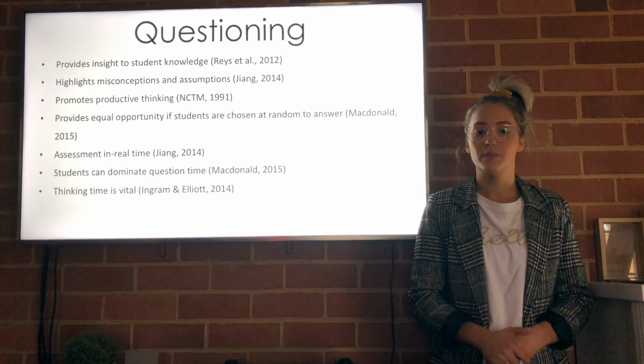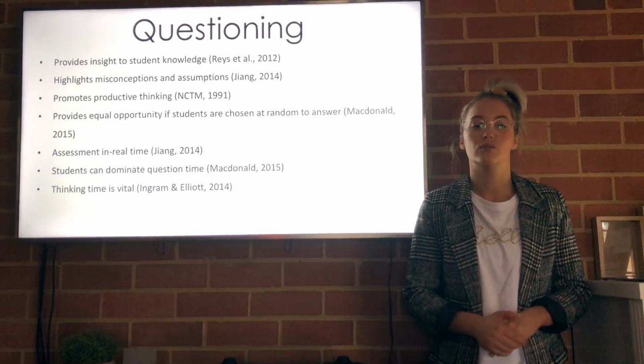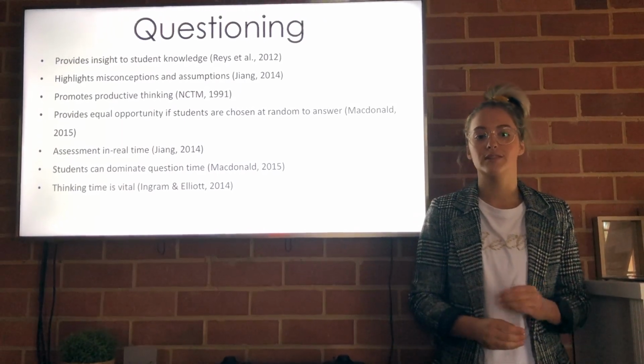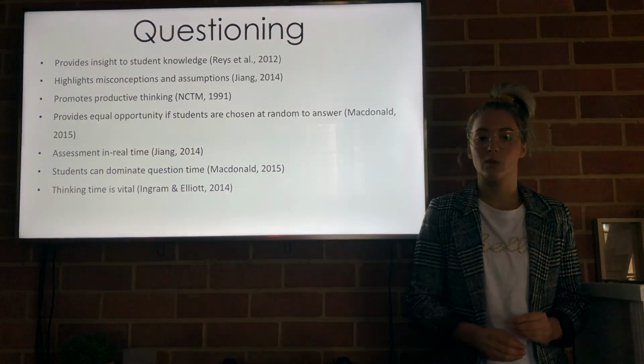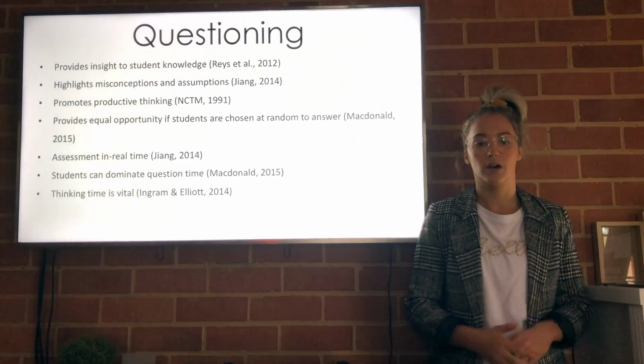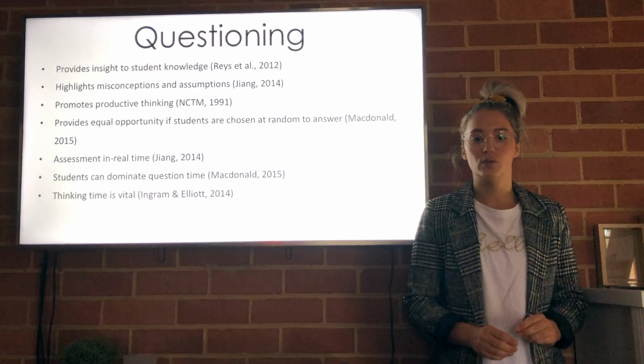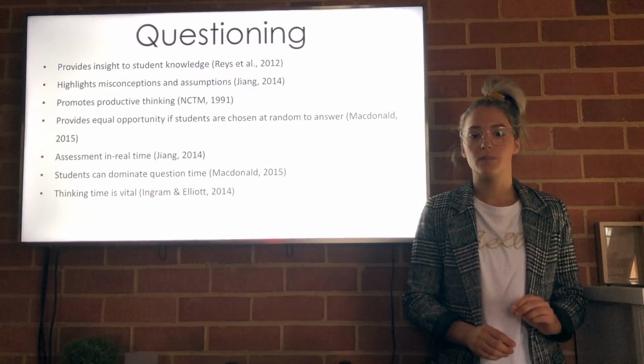A limitation with group questioning is some students may dominate this time. Williams suggests to overcome this, teachers should choose students at random to answer, increasing levels of student engagement as each student knows they're at risk of being asked. This also provides equal opportunity to develop all important higher order thinking skills. In saying this, in order to support students and build their confidence and motivation, thinking time is critical as well